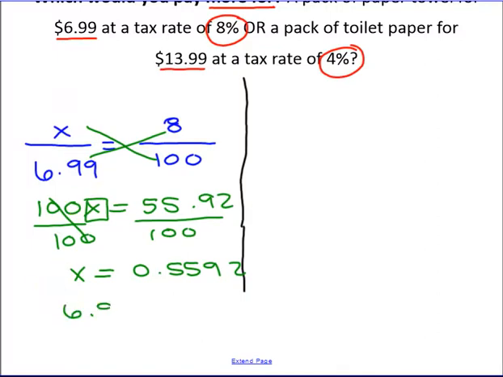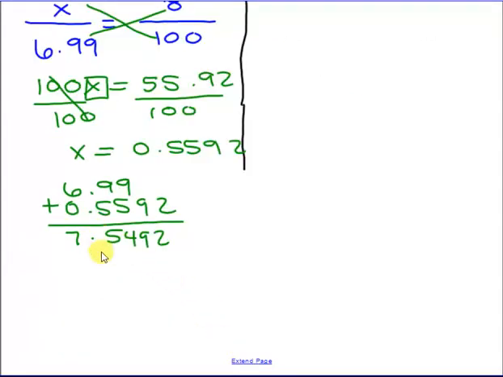So 6.99 plus 0.5592. I'll go ahead and use my calculator for that one. And that's going to give me 7.5492. Now remember, money can only be written with 2 spots after the decimal. This 9 is going to tell the 4 to go up. We get rid of the rest. So this is going to be